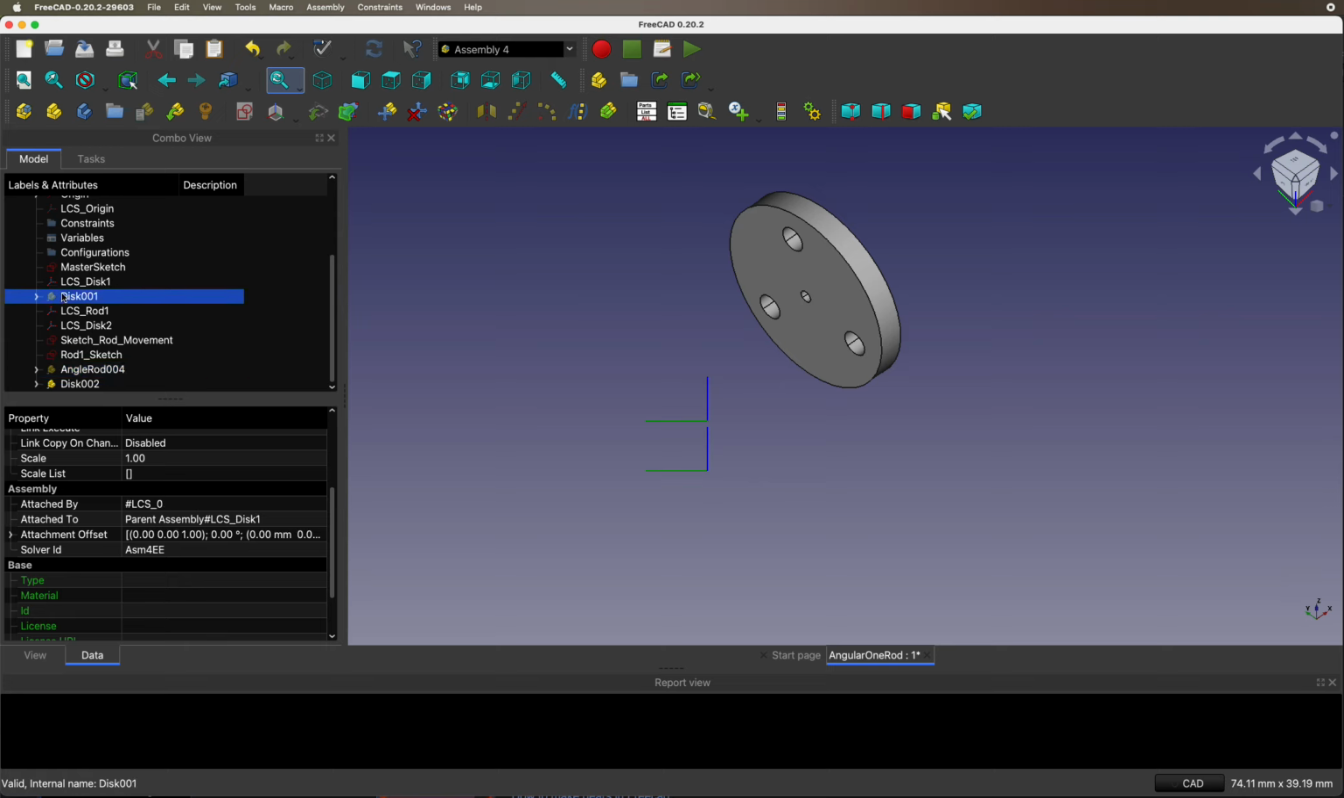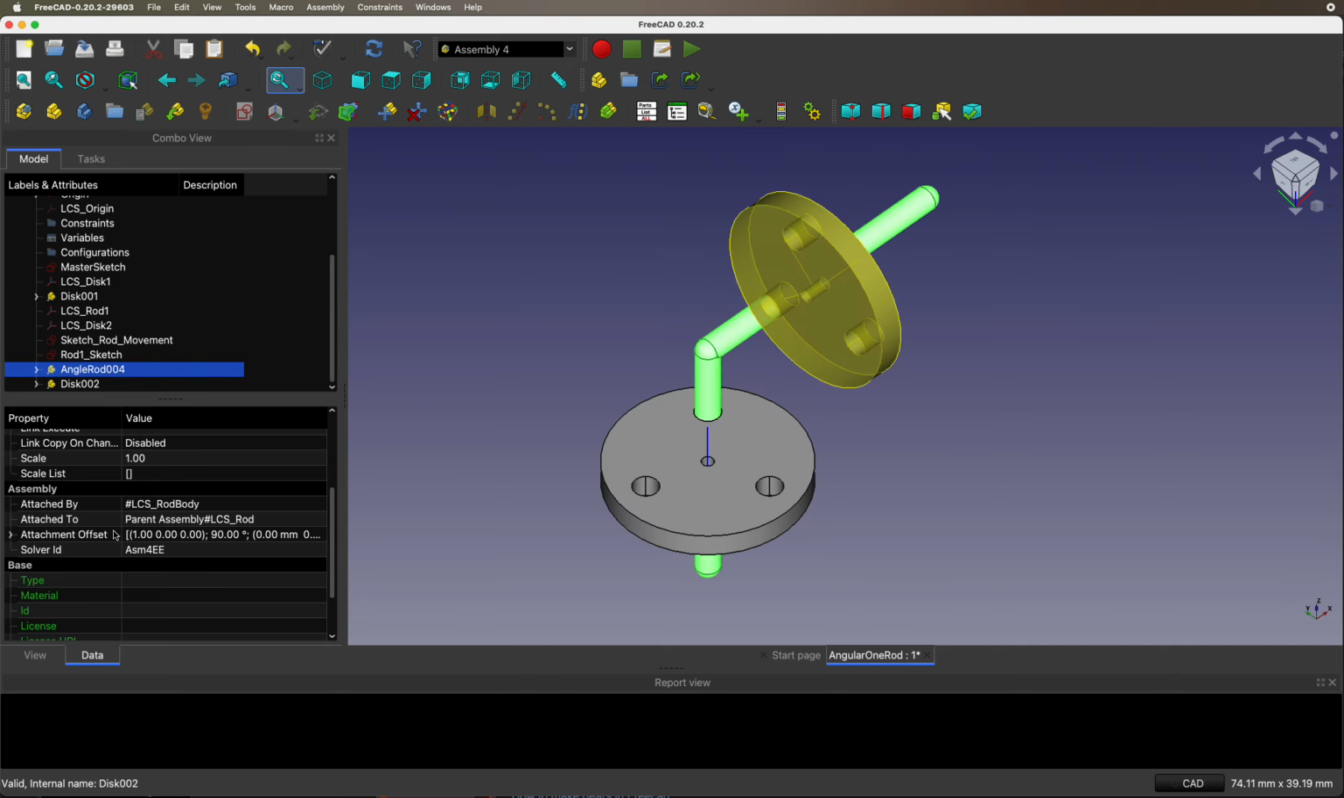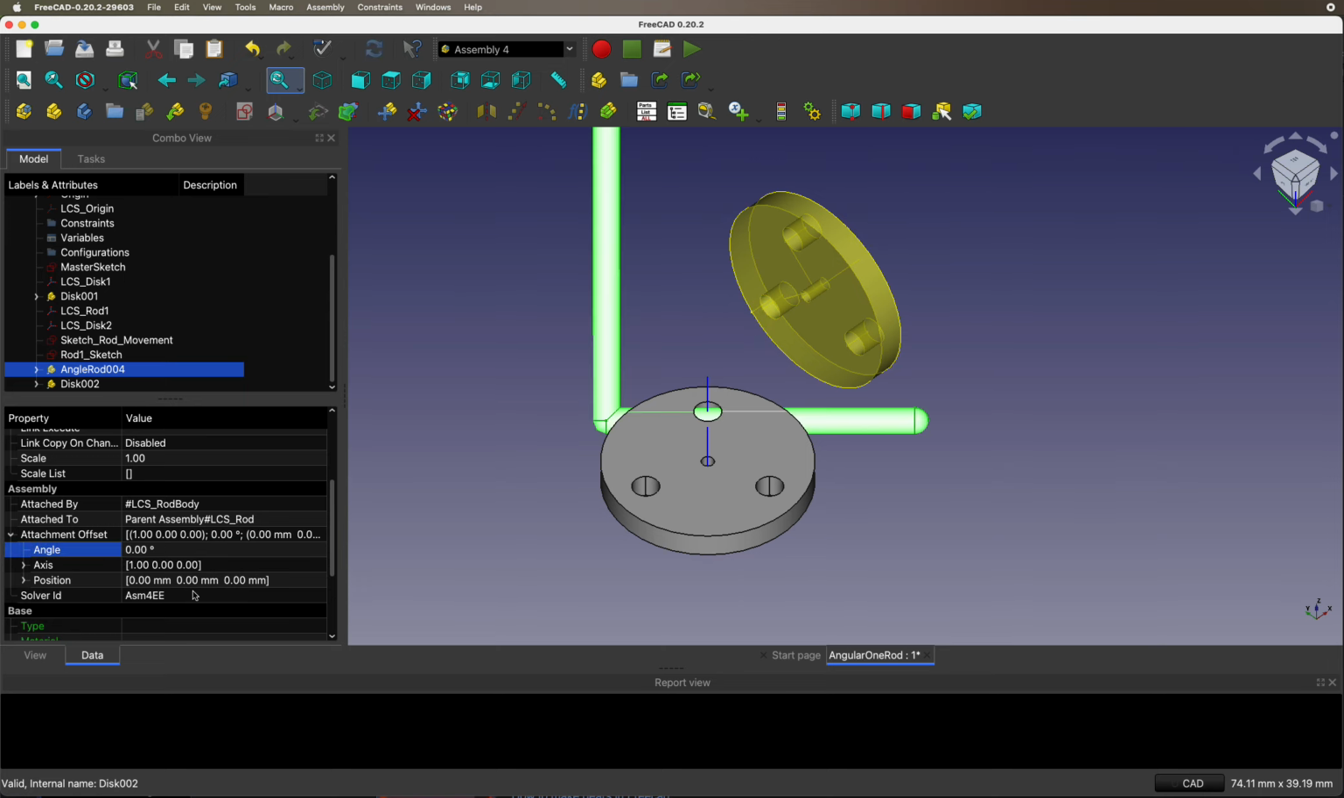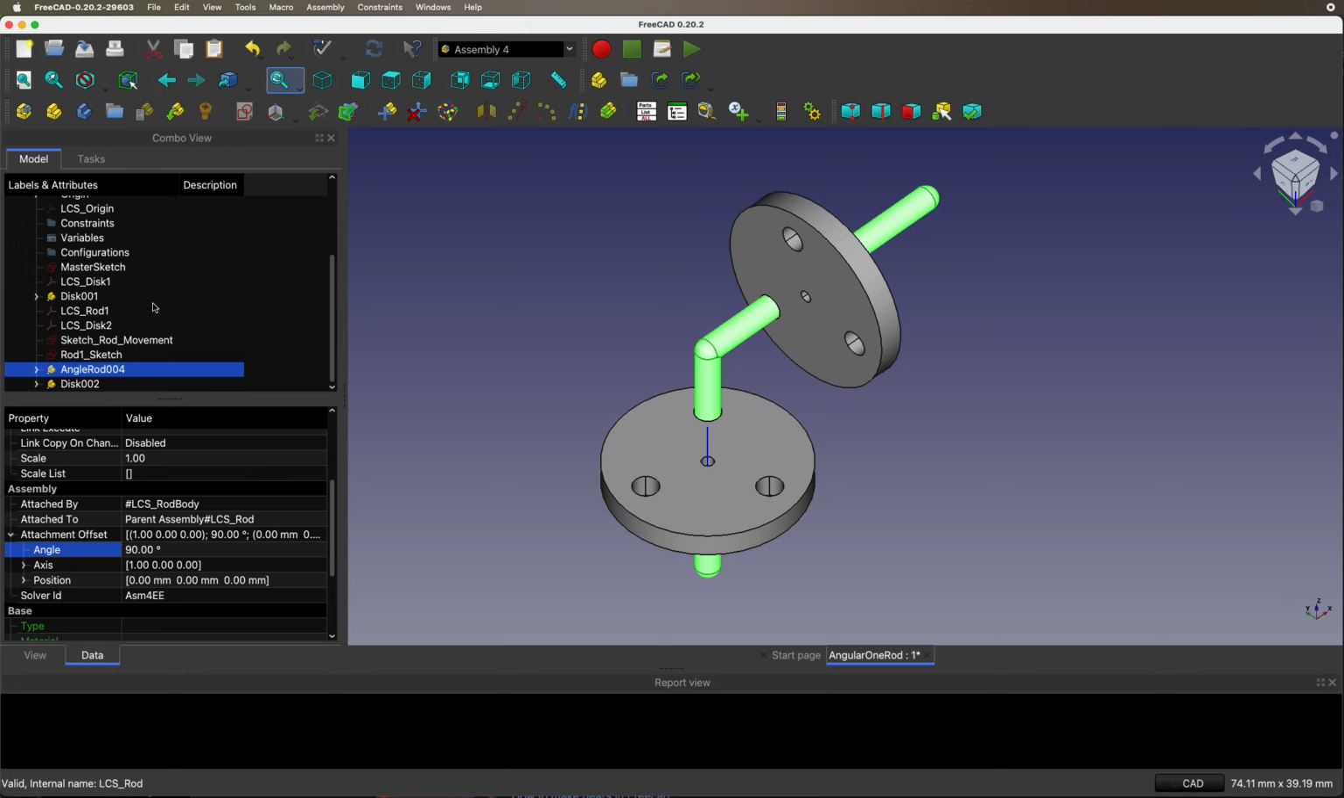I'll show you why. So we have the angle rod, and by default angle will show like this. It will try to attach like this, but you say no, that's wrong, I have to angle it. So you angle it in the X. Alright, that angle rod is inserted now in the disk,